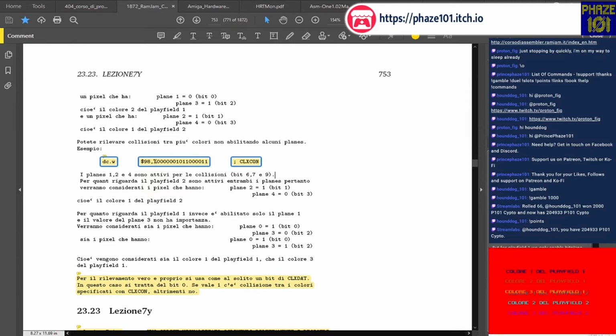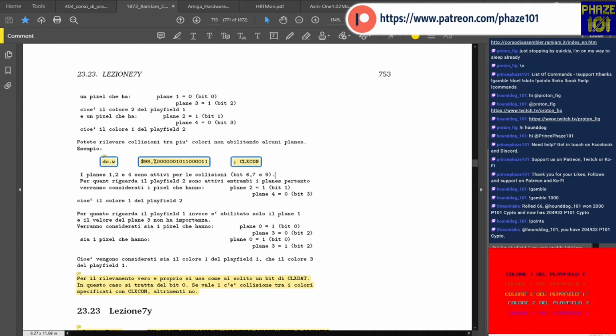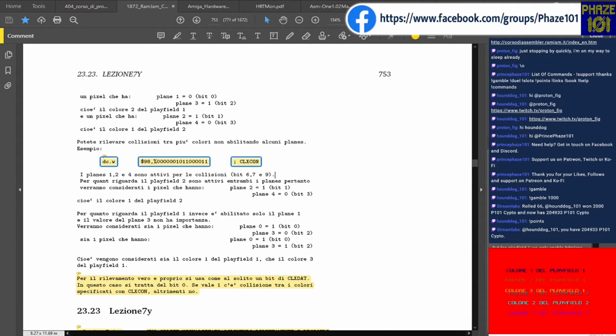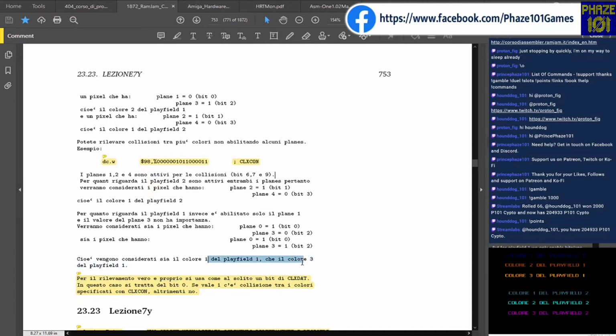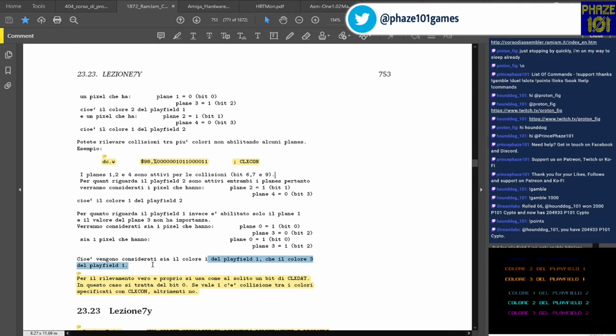He says the value of bit plane 3 has no importance because we actually switched it off. So it doesn't matter to us. So I just should have read this sentence, not try to understand, not try to decode those up there. As I said, color 1, it starts from here actually. Color 1 of playfield 1 and color 3 of playfield 1, okay,